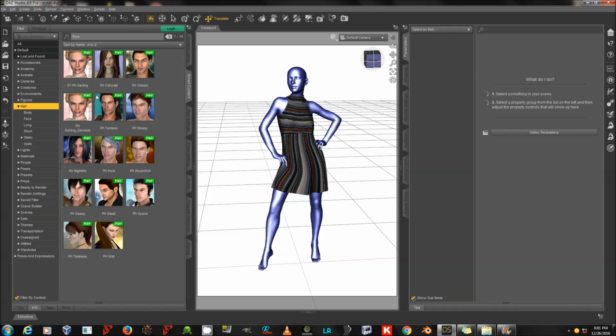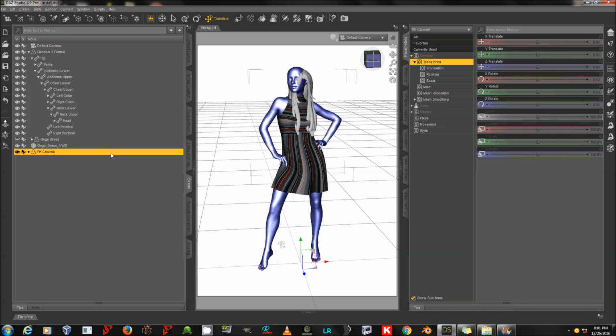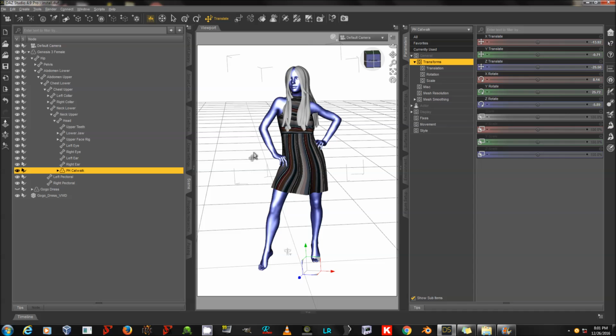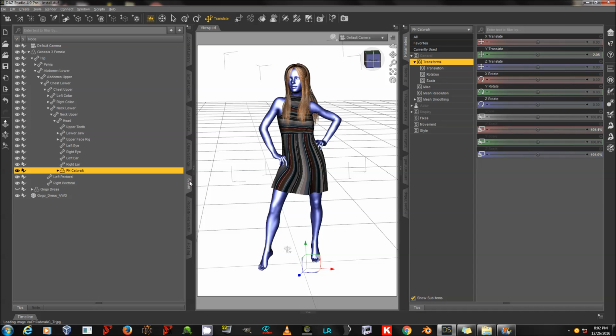These pure hairs for Genesis 1 are really great for sim, especially if you update their shaders. So before I try to sim that, I'm going to drag it onto head and hit Control E, and then I'm going to scale and position it on different axes so that it fits better on the character. And I'll go ahead and add a material. And you can also use Slosh's UHT shaders, and I highly recommend them for updating Genesis hairs to Genesis 3. I use these old pure hairs a lot when I want to do hair sim, and they work really well